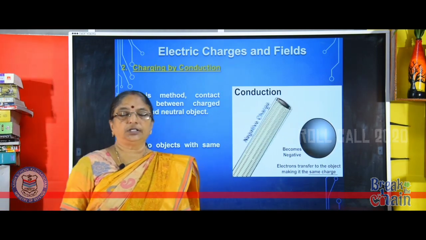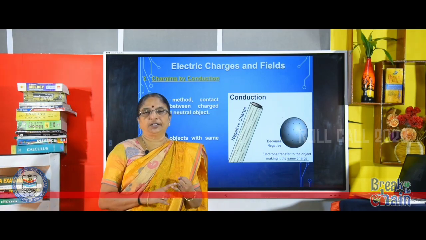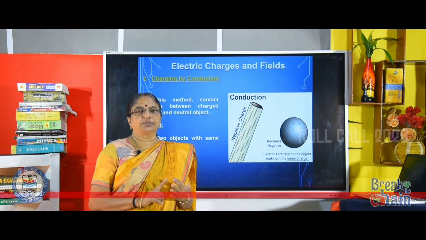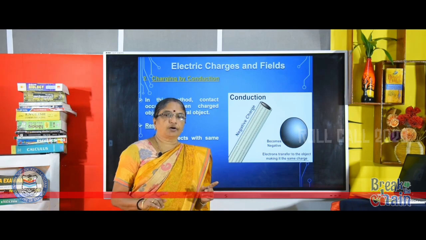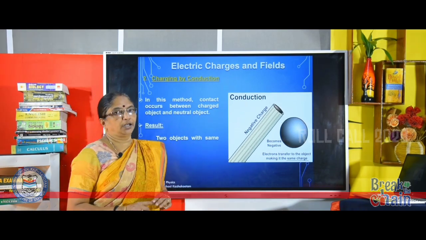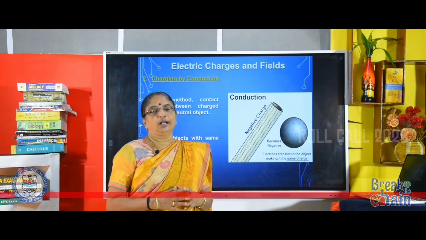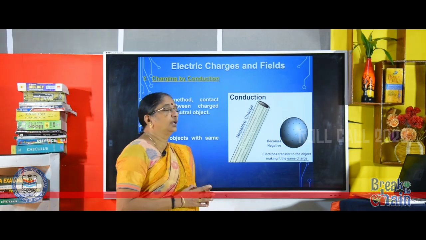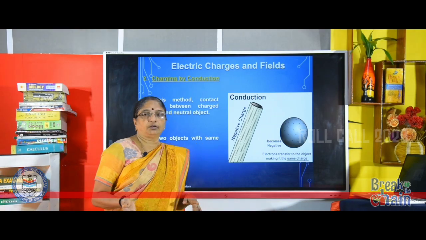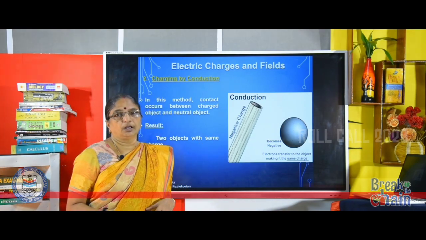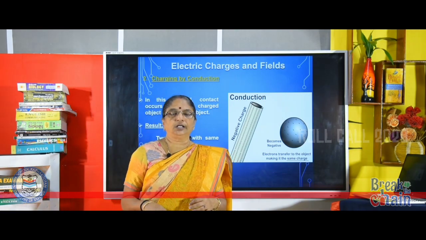Now, let us see the next method, charging by conduction. In conduction, the material to be charged must be in contact with the charged body. As seen here, an ebonite rod rubbed with flannel is already a negatively charged body, and when it is touched with a neutral conducting sphere, the conducting sphere becomes negatively charged due to the contact between the ebonite rod and the metal sphere. So, in this case, both the charging body and the body which is to be charged get a similar type